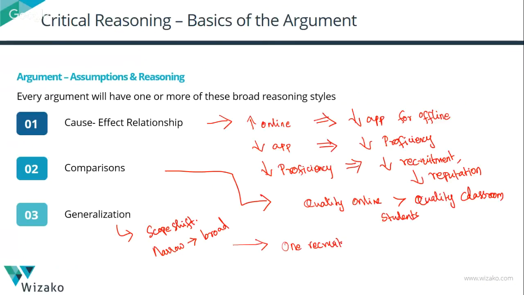Maybe it is just that one recruiter who thinks that. Maybe the proficiency hasn't actually come down. But the author isn't considering that. He is taking into consideration that if this recruiter felt that the proficiency is coming down, then that must be what all people are thinking, and that is why the job offers are coming down.